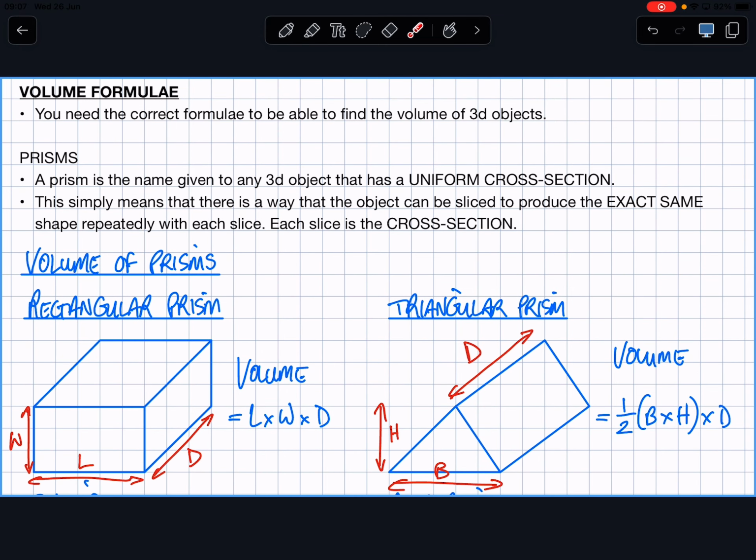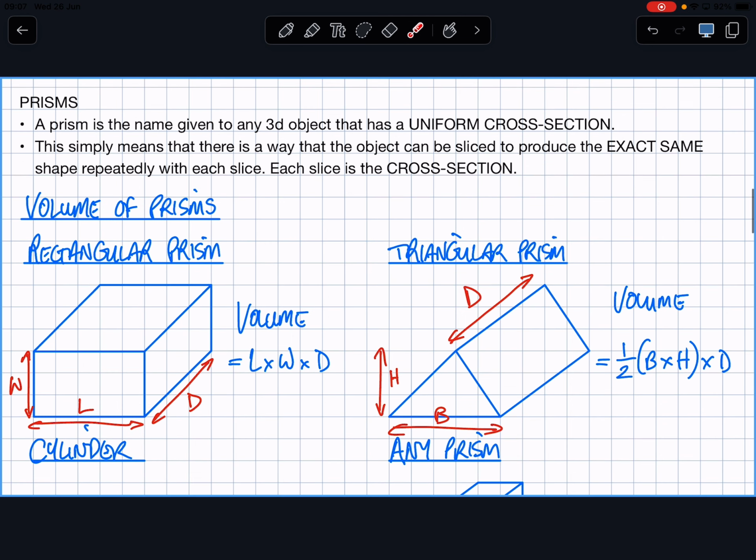The first object that we'll cover is the idea of a prism. What is a prism? A prism is the name given to any 3D object that has a uniform cross-section. What does that mean? That means there is a way that I can slice the object so that I produce the same exact slice every time. So if I was to look at, say, this triangular prism here, if I sliced it like this,